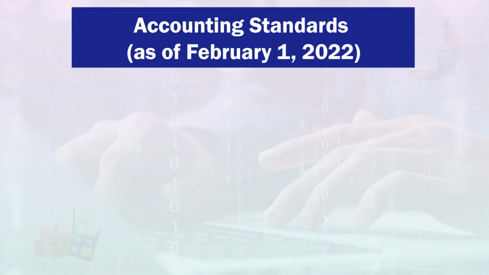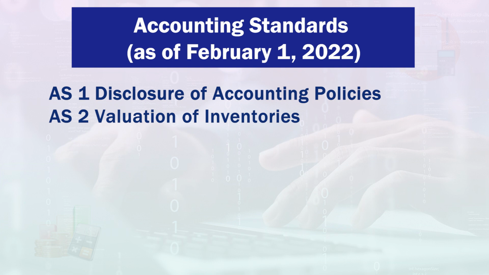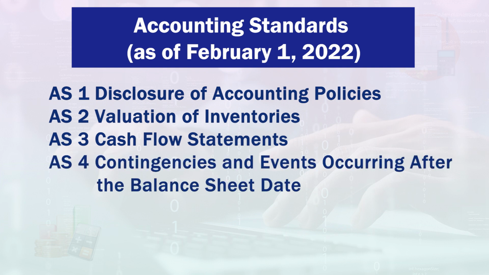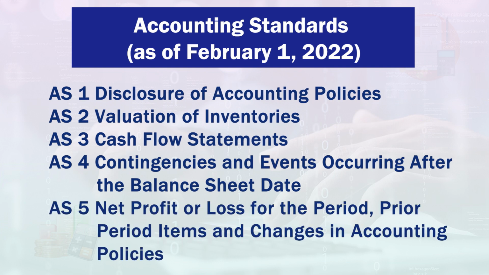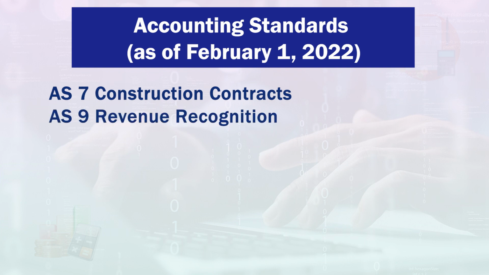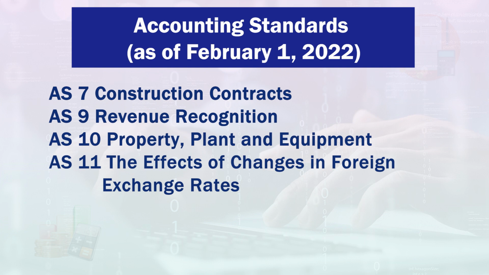Accounting standards as of February 1, 2022. AS 1, disclosure of accounting policies. AS 2, valuation of inventories. AS 3, cash flow statements. AS 4, contingencies and events occurring after the balance sheet date. AS 5, net profit or loss for the period, prior period items and changes in accounting policies. AS 7, construction contracts. AS 9, revenue recognition. AS 10, property, plant and equipment. AS 11, the effects of changes